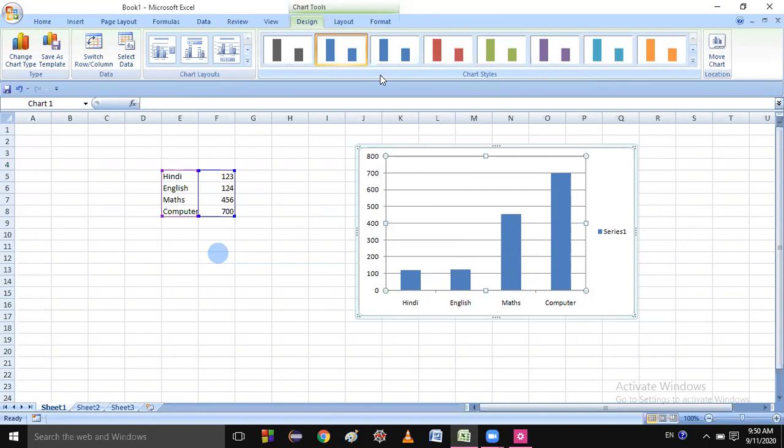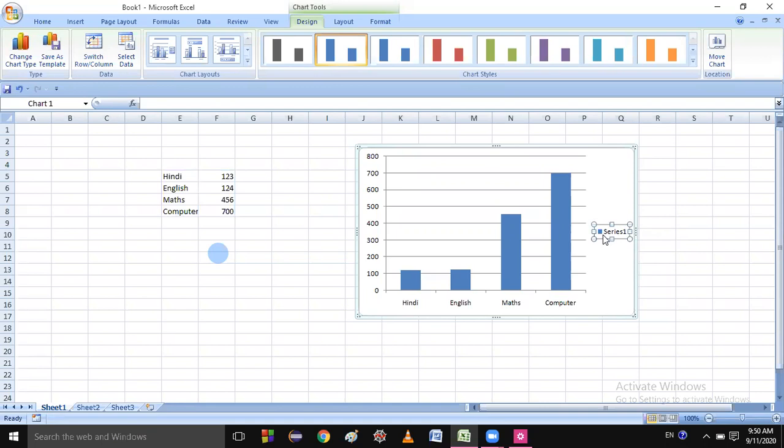The next one is legend. The legend depicts the color pattern or symbols assigned to the data series. It helps to differentiate the data. This is called the legend. This Series 1 represents the color, and the color shows how many data series you have. As I explained in the previous videos, if we have more than one data series, they will be in different colors, written like Series 1, Series 2, Series 3, and each data series' color will be different.